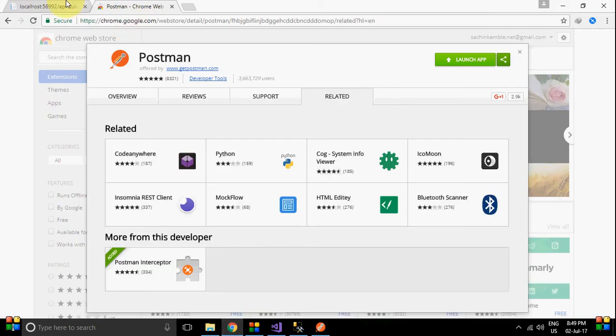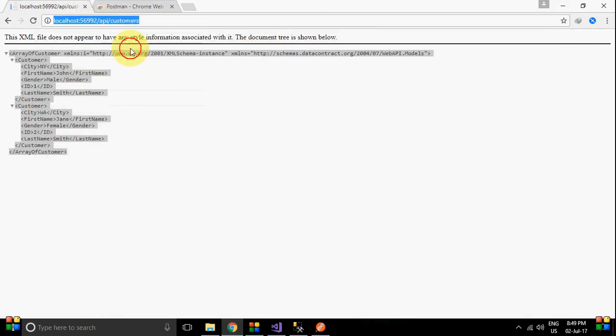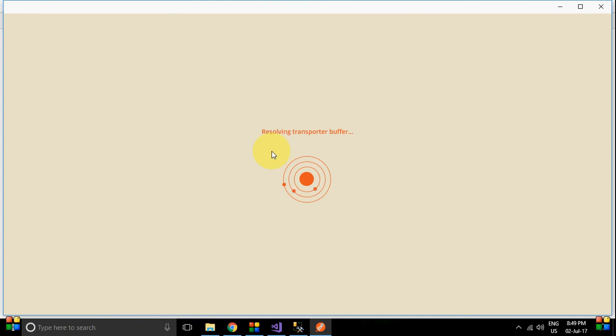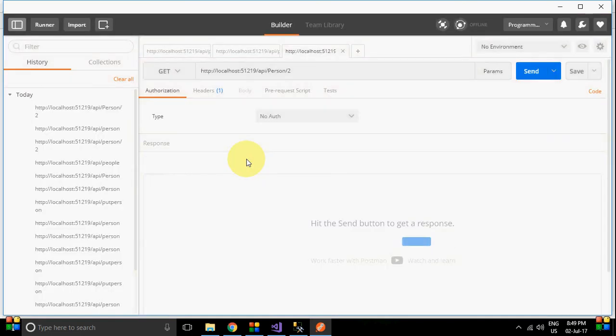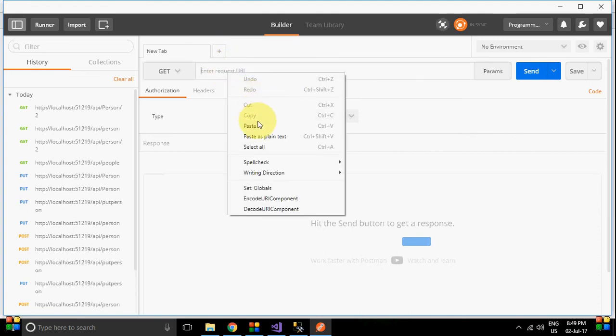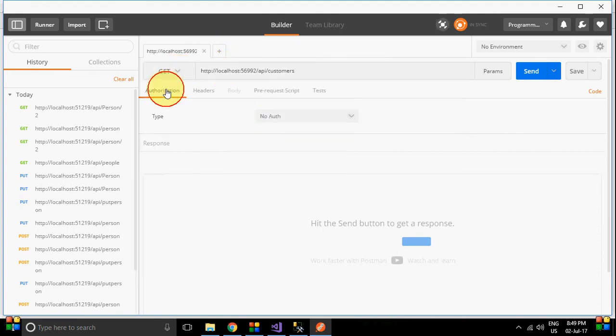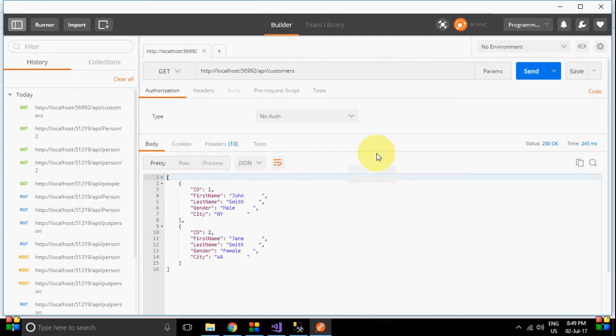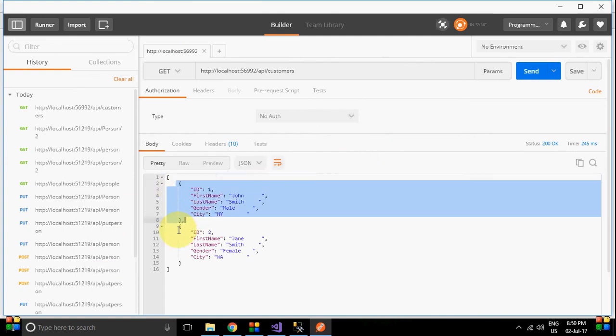Copy this URL and paste it in the Postman application. So this is the get method, just call it. We got two customers here.